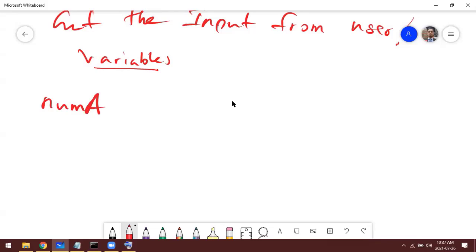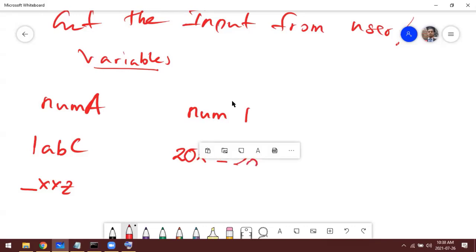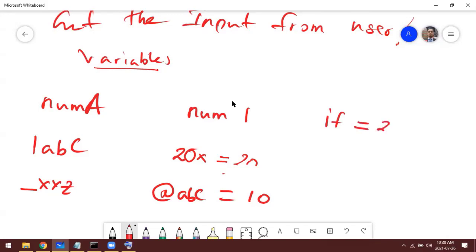So num a, 1 abc underscore xyz, num 1, 20, x equal 20, at abc equal 10, if equal 20.